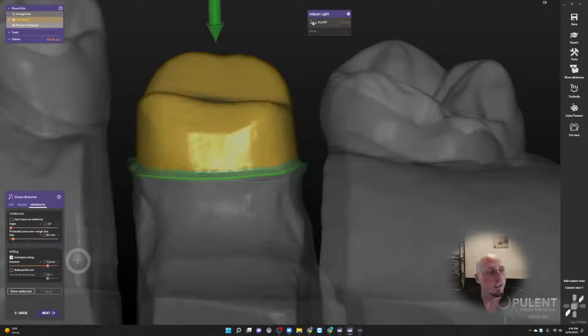So let's say you are following your Rx and you're designing for Amann Girrbach Gen X and realizing, you know what, that is a really short prep, and I have plenty of room in the occlusion, so I can make that material thick enough there. I think I need to go to an e.max here instead of a zirconia